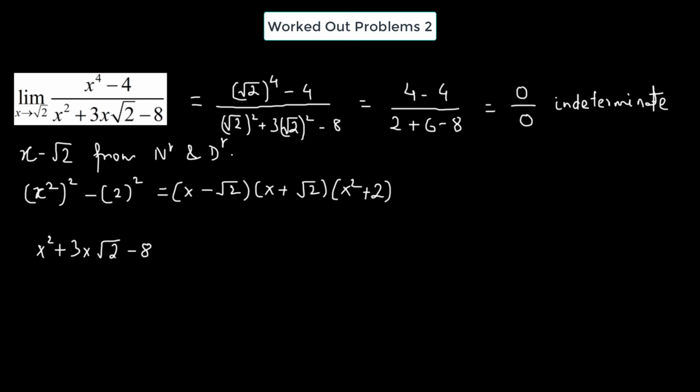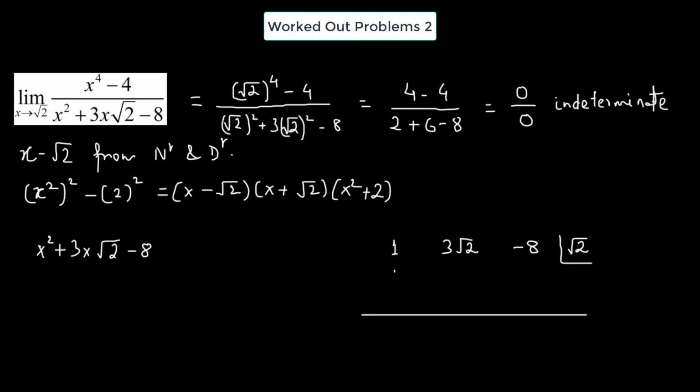So what we do, we pull out all the constant coefficients. So the coefficient of x squared is 1, the coefficient of x is 3 root 2, and we have the constant coefficient, which is negative 8. Now what we're going to do, we're going to draw a small box with the number square root of 2. We draw a straight line